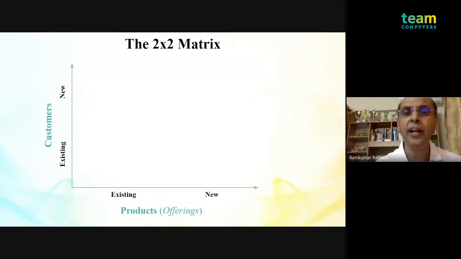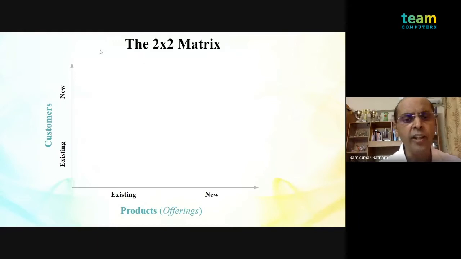Now, where do you apply this 2x2 matrix? You apply it for a large enterprise account where you have a fair amount of complexity, multiple buyers, multiple buying entities, and a huge amount of political factors in the organization. So you apply this concept of 2x2 in those accounts which are fairly large enterprises. You don't apply this to a small or mid-size account because the complexity is less and you have more or less a single entity to deal with, right?